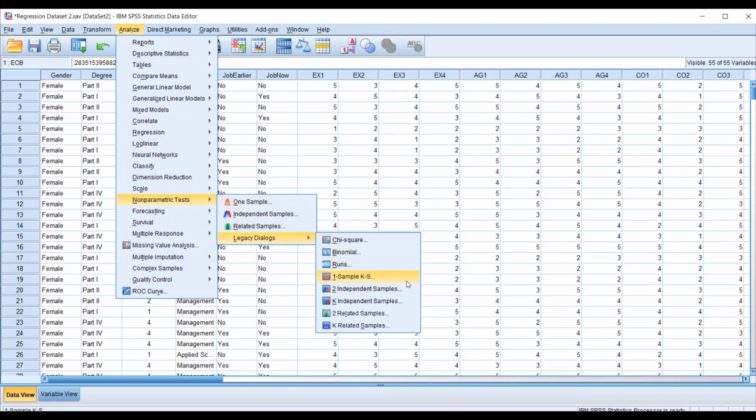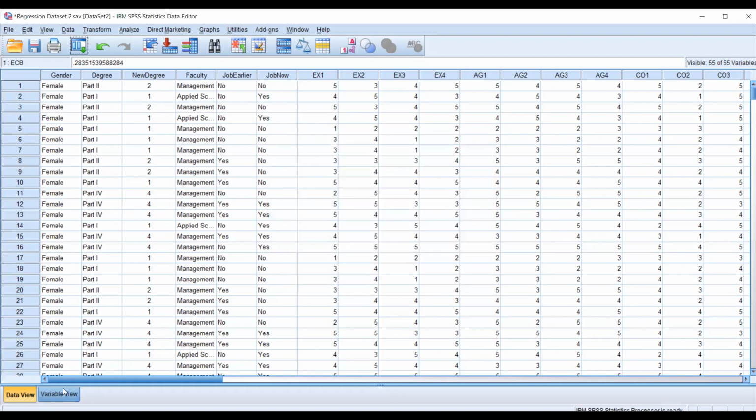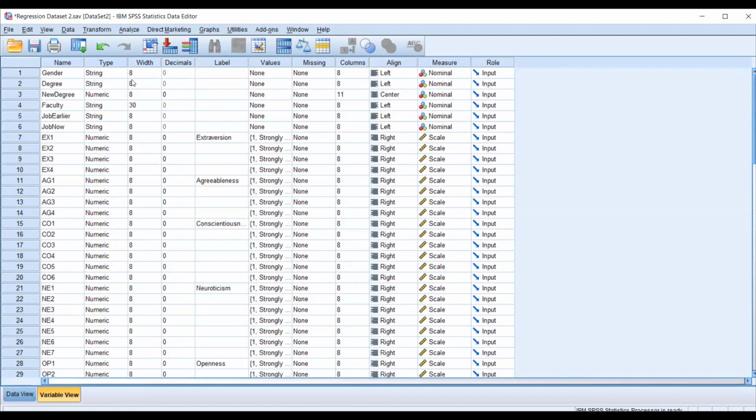You can see the same things in here, independent sample test, right? Here also you can go to the ECB. Now here we are assuming that data is not normally distributed. That's why we are going with that part, right? Okay, so go with the... why is it not showing the gender? I'm not sure. Let's see why it's happening. And there is a nominal.